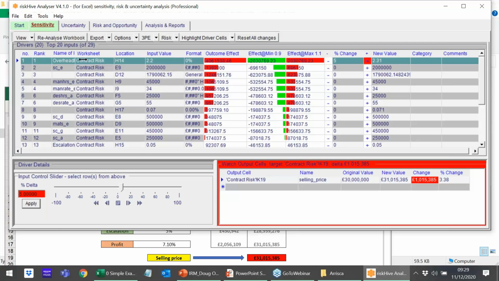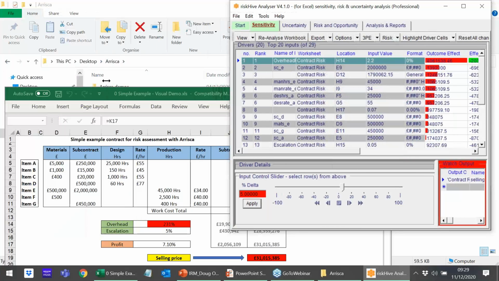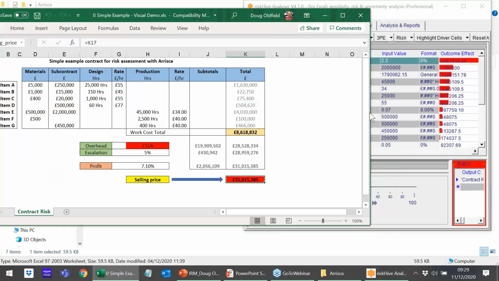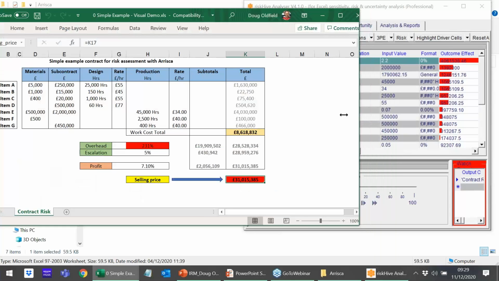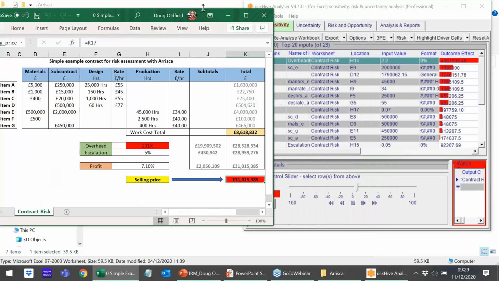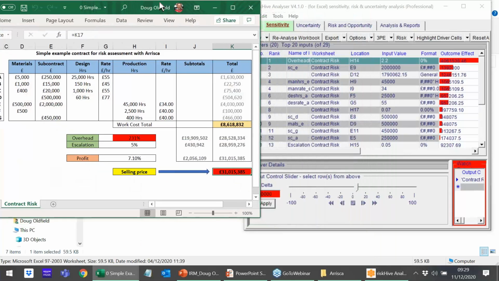So let me try and get them back on the same screen again. There we go. I think I need a widescreen monitor to be able to do this particularly well, but there we go. Okay, so